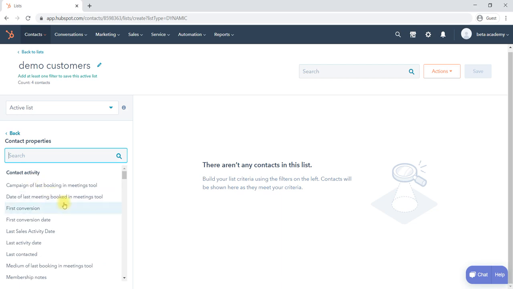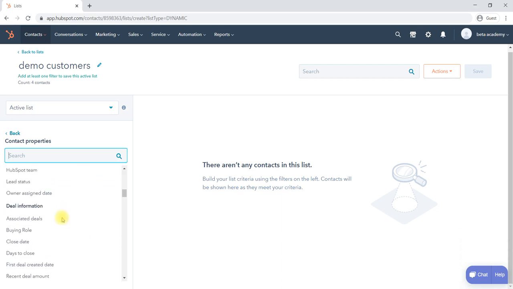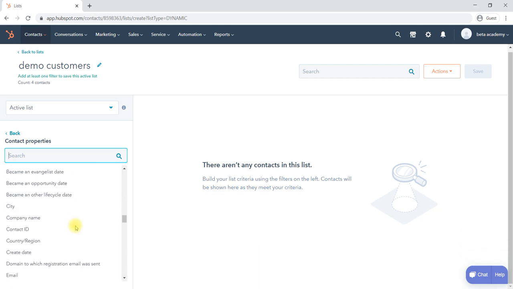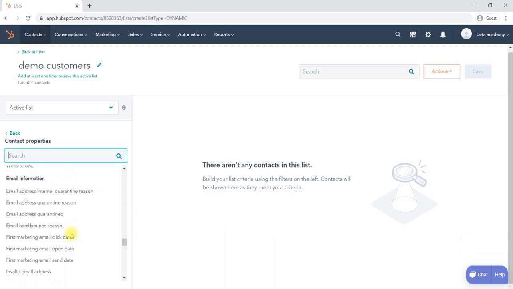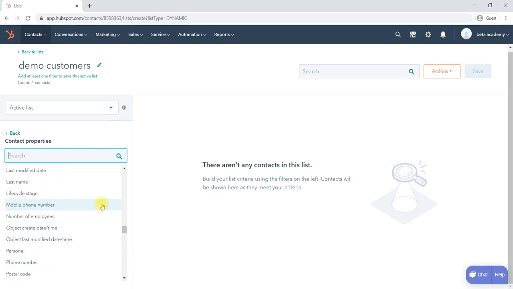Or we can say contact: here there is deal information, company size, degree, school based, contact information based, city wise, email wise. We can use any of these ways to create a list.